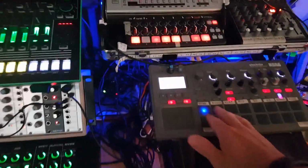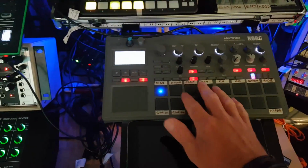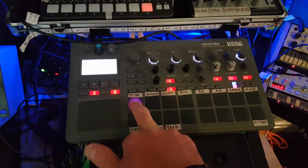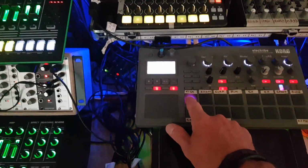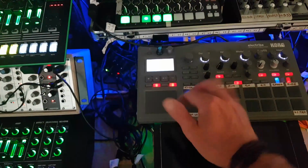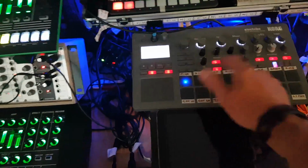So that basically means if I go over onto the, I'm just going to turn the volume down on the Electribe. Okay, so this is the Electribe. So there are no sounds coming from the Electribe now. And I've got to try and remember my MIDI channels. So MIDI channel 1, let's turn this up a little bit. Okay, so that is playing the MS-20 over there. If I play the same sound on here, okay, come back over here, you can hear it's playing the same sound. So when I then switch into keyboard mode on the Electribe, okay, I can sequence it and I can play the MS-20 from over here. So if I go back onto trigger,